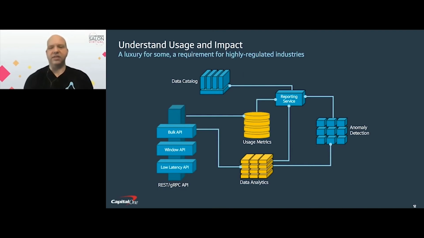Now, in this, you can see all of these data analytics and things like anomaly detection. It's actually based upon the same APIs that we used for use cases, and we're going to feed it back into the data catalog. This lets the data catalog then report back to the users as they look through the catalog: here are the usage metrics, here are the data analytics. This feeds some of those freshness metrics that I talked about earlier.